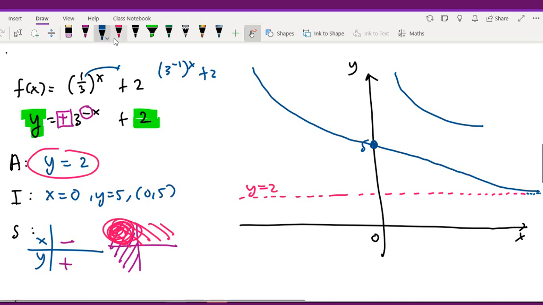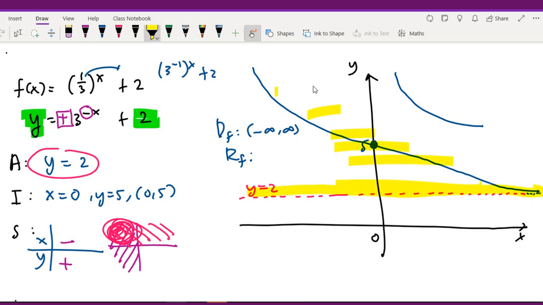To find the domain for f, it is always real numbers. And the range for f, check the graph. There is no graph below here, up until this point, to infinity. So the range is starting from 2 to infinity. Then for this example,